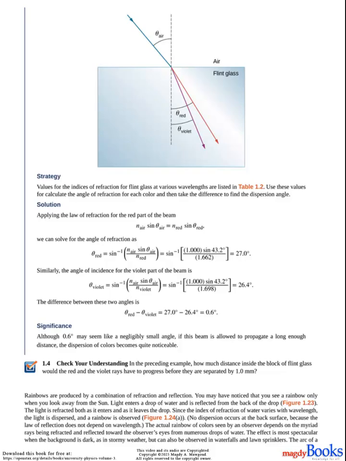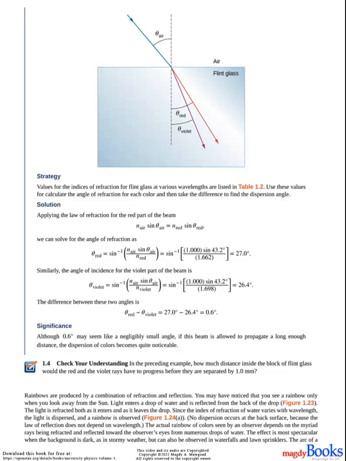Values for the indices of refraction for flint glass at various wavelengths are listed in Table 1.2. Use these values to calculate the angle of refraction for each color and then take the difference to find the dispersion angle. Solution. Applying the law of refraction for the red part of the beam, n air sine theta air equals n red sine theta red. We can solve for the angle of refraction as theta red equals arc sine of (n air sine theta